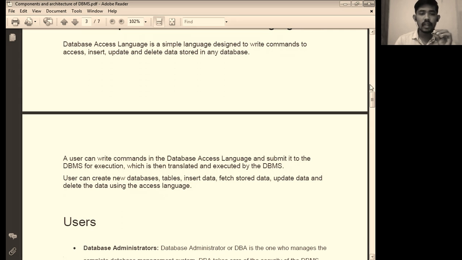So user writes commands by using database access languages, and these commands are sent for execution, translated and executed by the database management system.